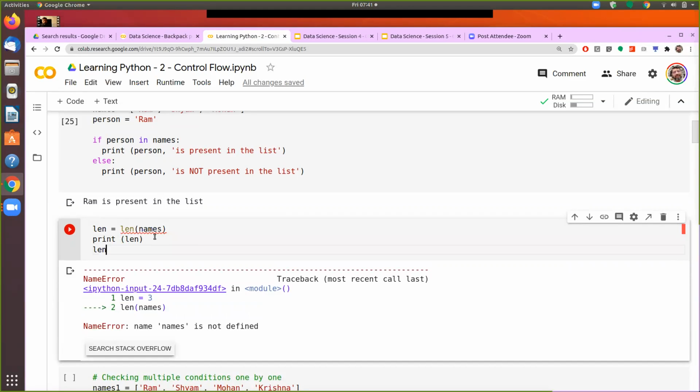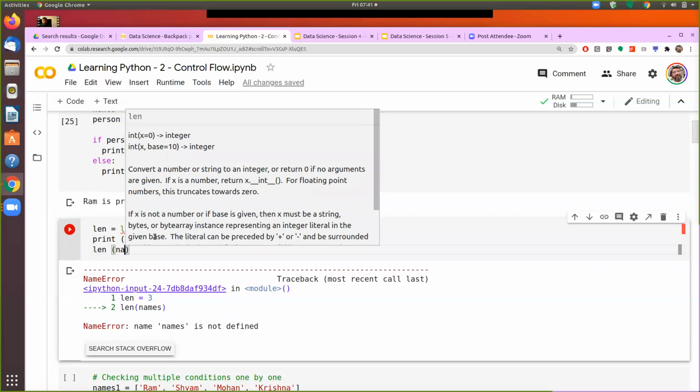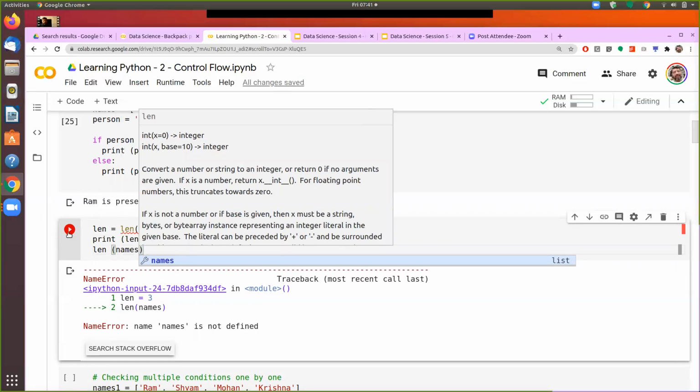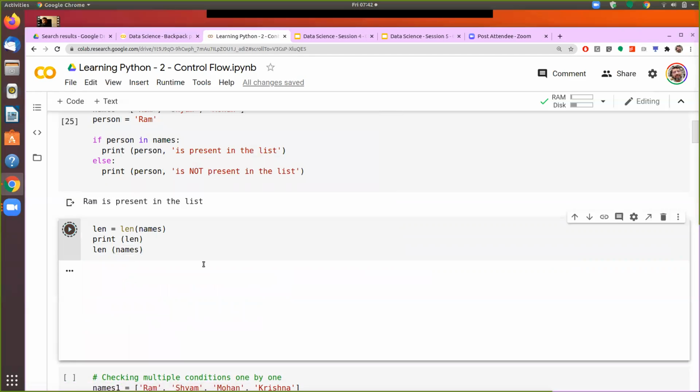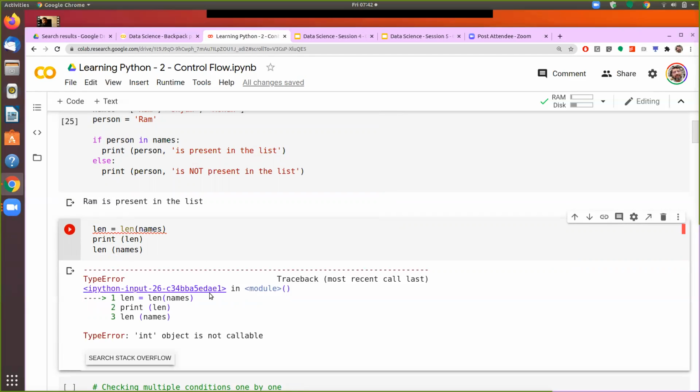And then again I ask for it. You see here, this is the error that we were encountering yesterday, that first it is assigning the length of name.